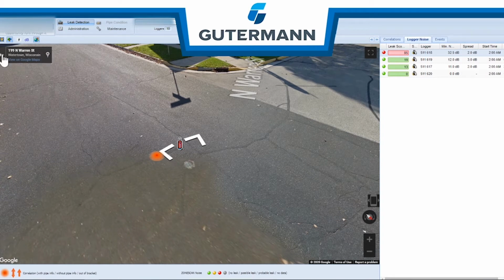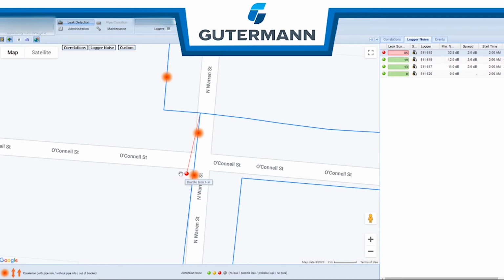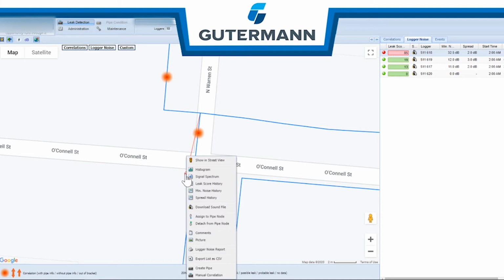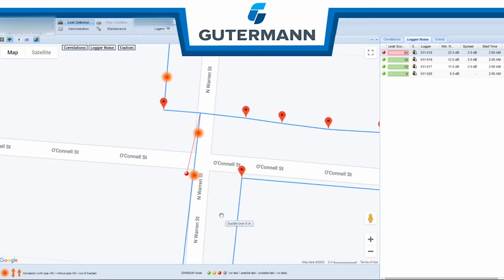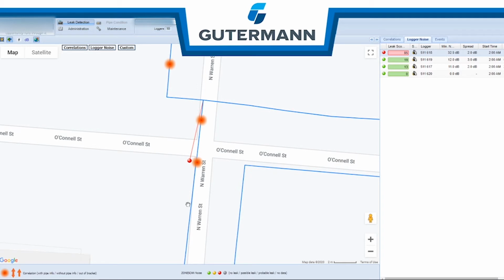So let's go to the top left-hand corner, click on this back arrow. Now let's try to assign this logger to a closer pipe node. I'm going to right-click on it, go down to Assign Pipe Node on this pop-up window, and I'm going to look for a red marker near the logger. In this case, there is no pipe node near the logger, so we're going to go ahead and add a new pipe node. So let's right-click on this stretch of pipe here,